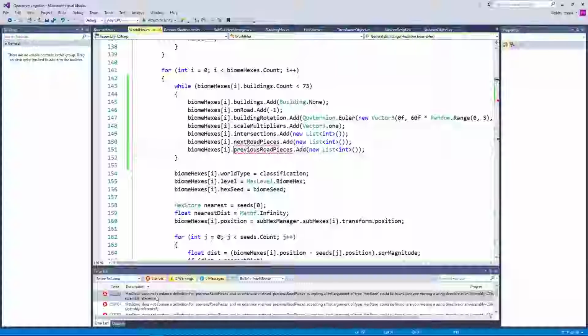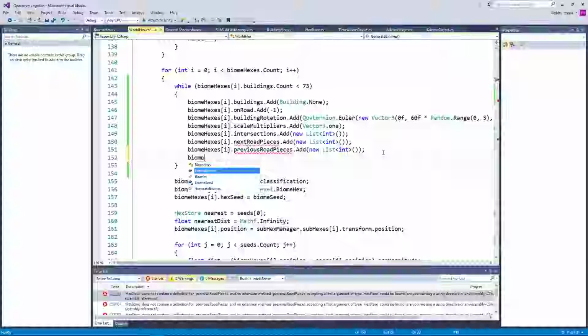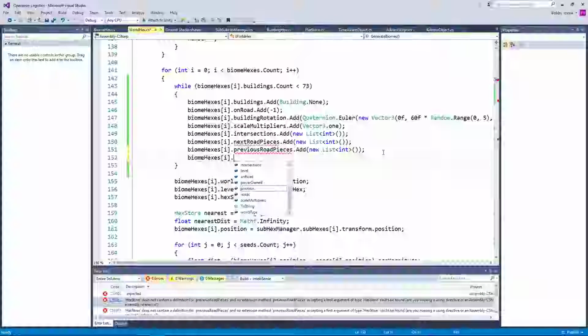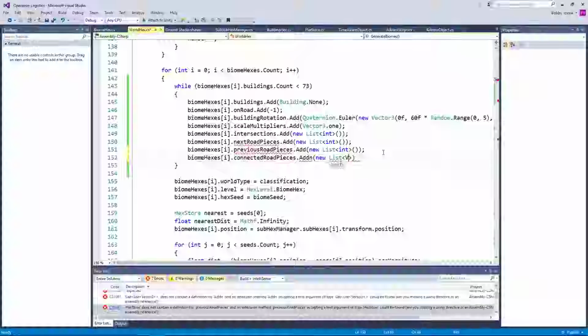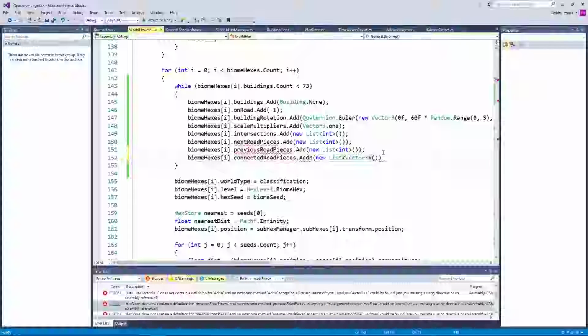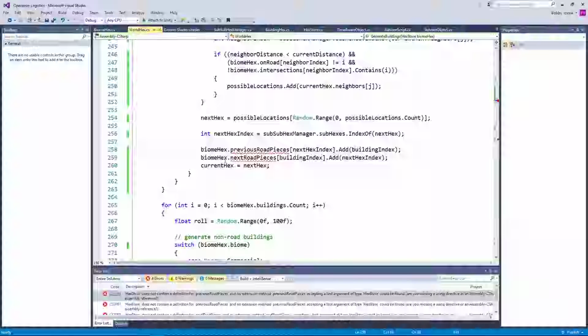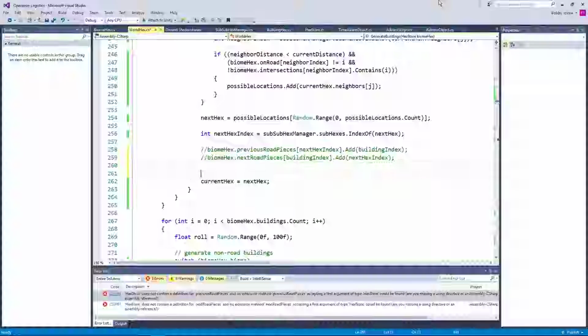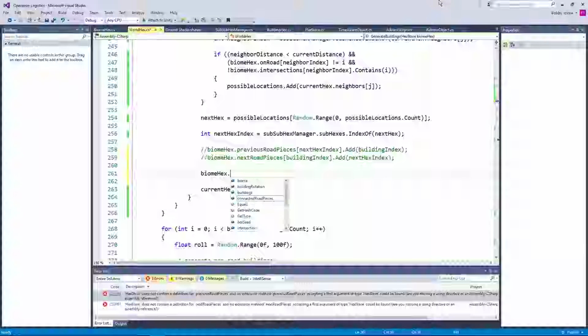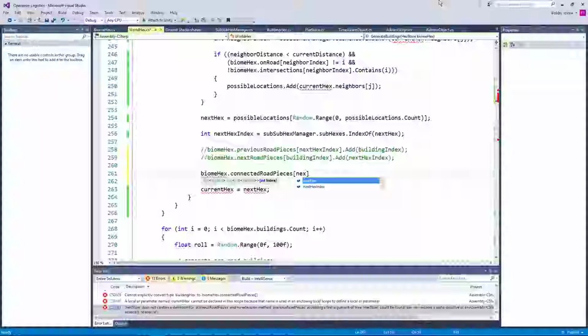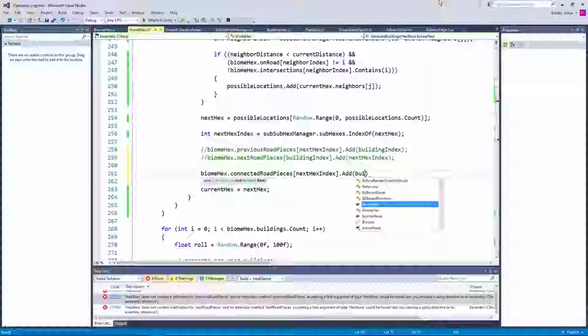Okay, so obviously we don't have this, so biome hexes I dot connected road pieces dot add a new list of type vector3, like so, and then we comment out the next and the previous road pieces. We don't need an N here. Okay, now instead of doing previous road pieces and next road pieces here, we can comment these out and instead say biome hex dot connected road pieces next hex index dot add building index,